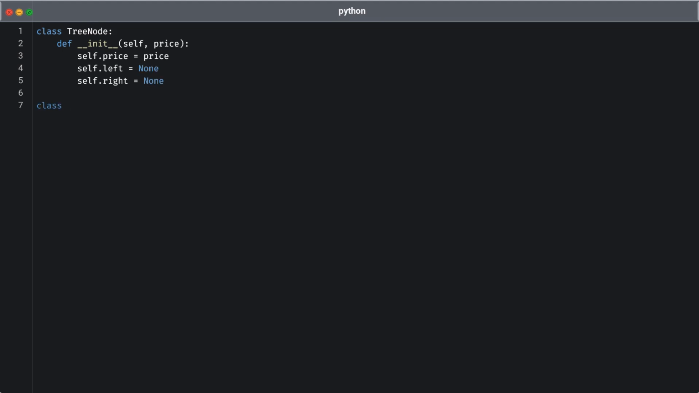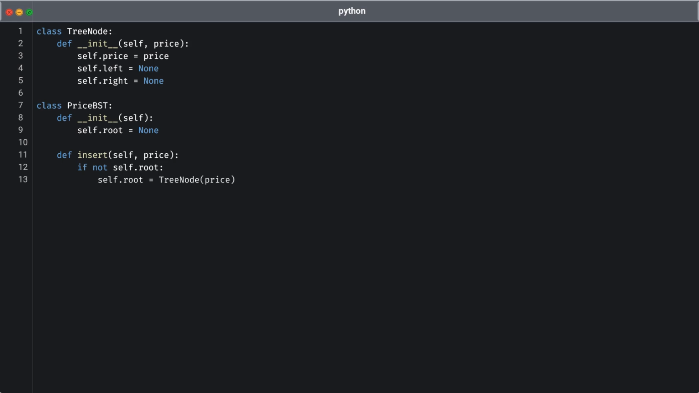In this section, we explore the implementation of a binary search tree, BST, specifically designed to manage stock prices efficiently. The treeNode class represents each node in the tree, holding a price value alongside references to its left and right child nodes, allowing for structured traversal. The priceBST class defines the core functionality of the BST. It begins with an initializer that sets the root to none. The insert method is crucial,